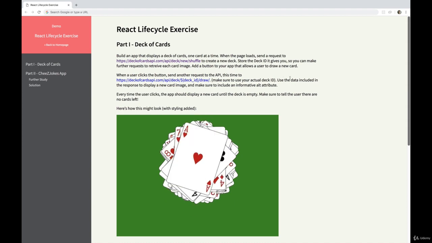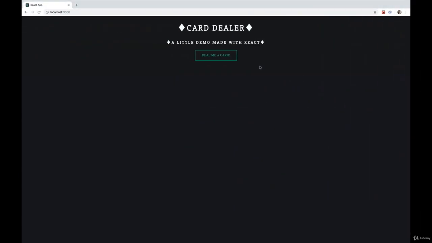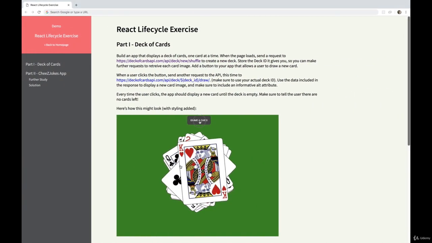So this first one is a deck of cards application. It's very simple. Here's a little prettier one than the